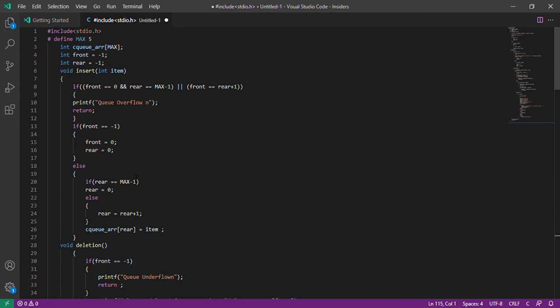In a circular queue, the elements are added from the back of the queue and removed from the front of the queue. This is the circular queue. So if the rear is at the last location, if incremented, it will be pointing to the first element.